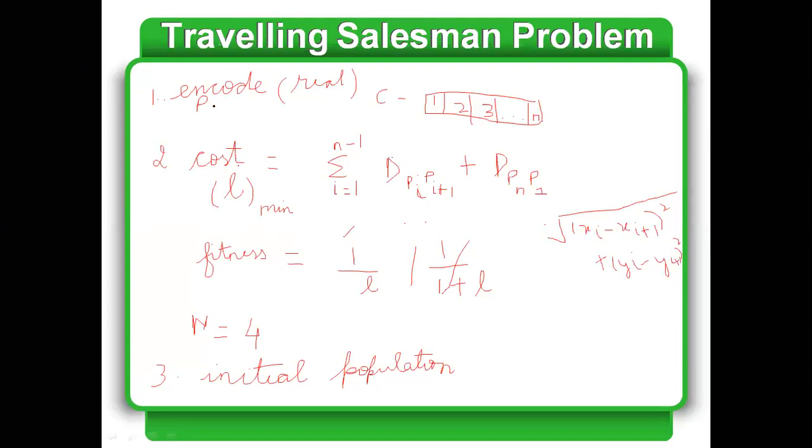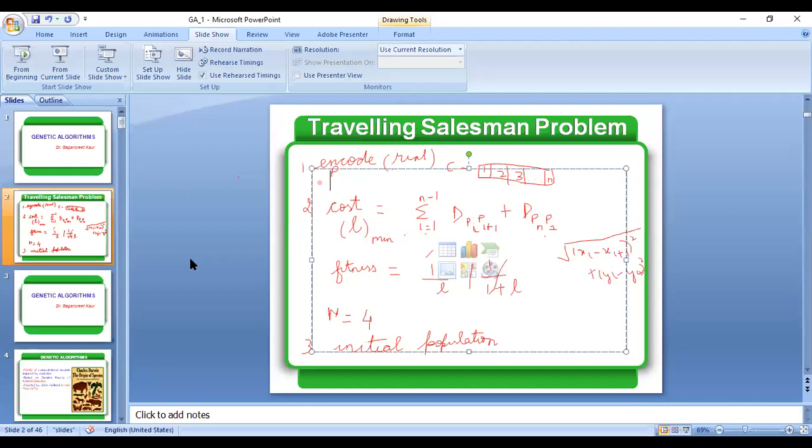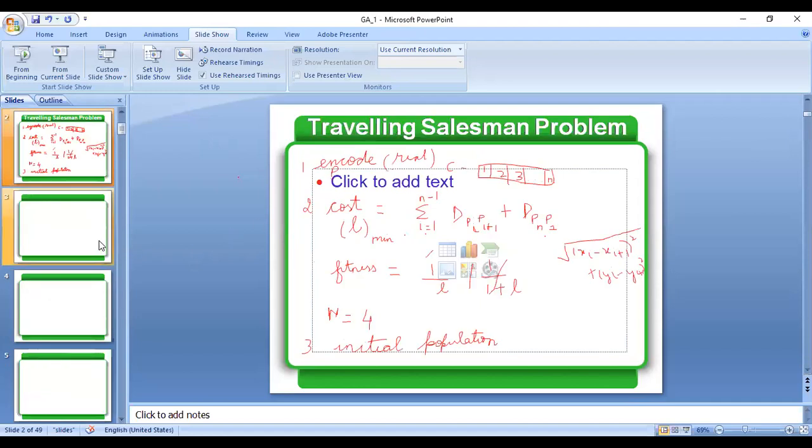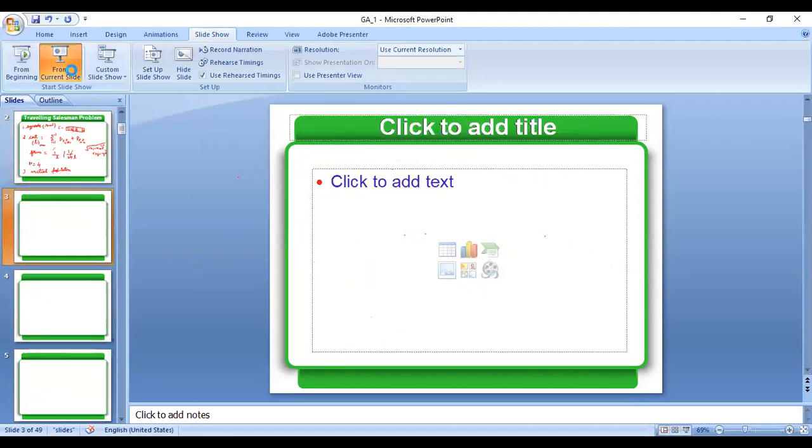So let's say I take up my 4 members. I take 4 members of my population to be.